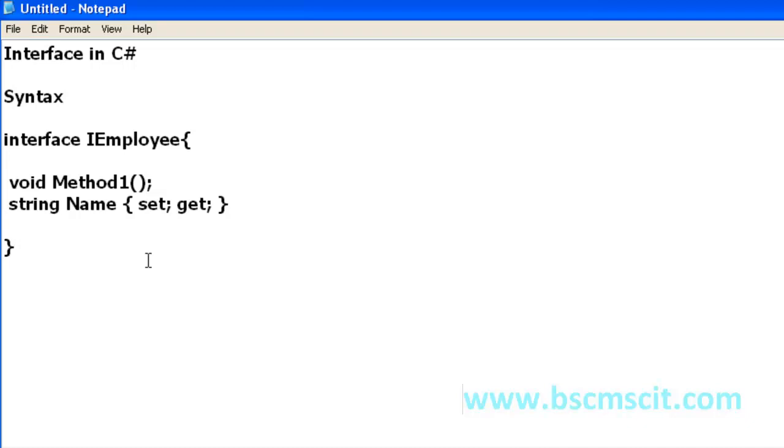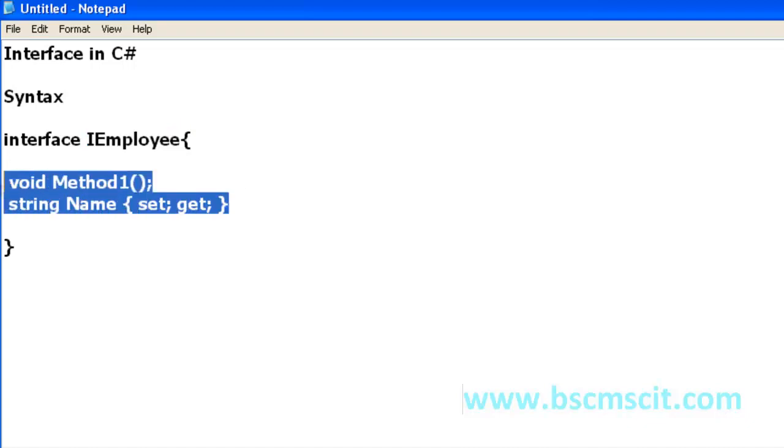The class which is going to implement this interface, IEmployee, is responsible for providing all the implementation for the signatures defined in the interface.